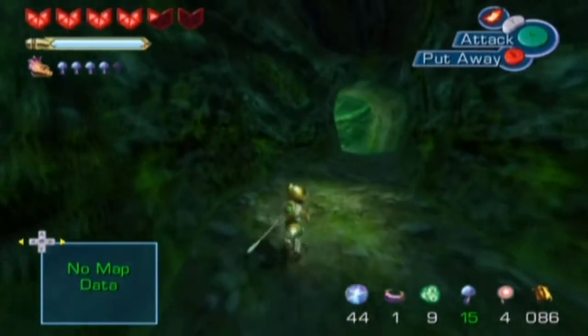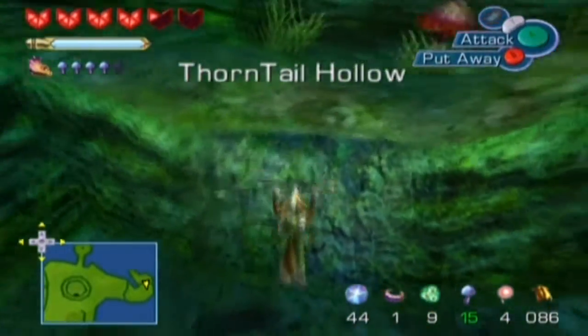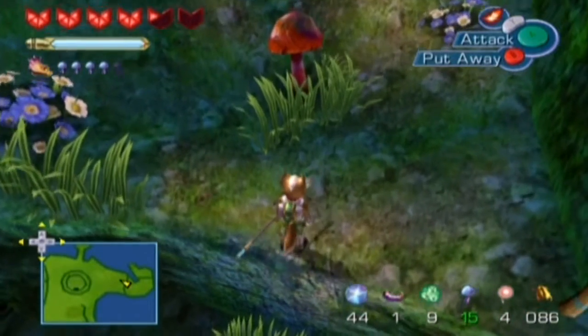But things are not all as they seem, because as we approach Thorntail Hollow... Why are cutscenes always later than I think they are? When we approach Thorntail Hollow... Oh my god. Jesus, there's another freaking cliff to jump up. When we approach Thorntail Hollow...